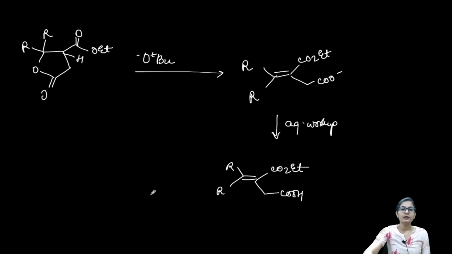Further, what happens is, again you have a strong base. The strong base is going to take up the acidic proton. Which proton is acidic? The one on this carbon, connected to one of the ester groups like this. This is the acidic carbon we are talking about, and this carbon is just next to a leaving group. What is a leaving group?